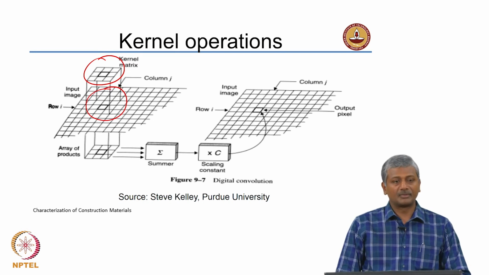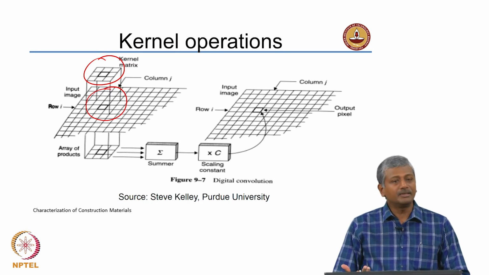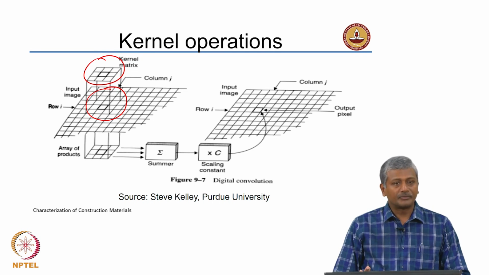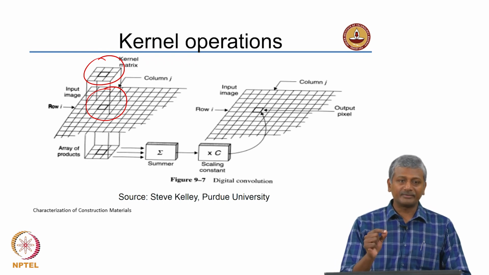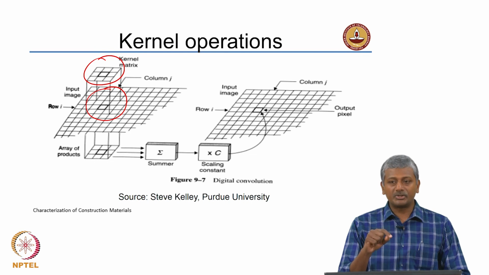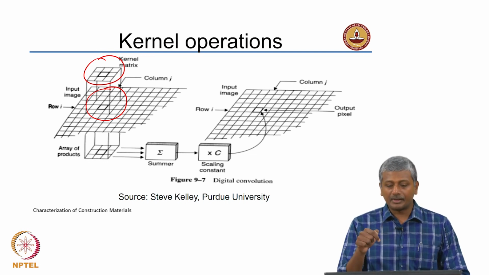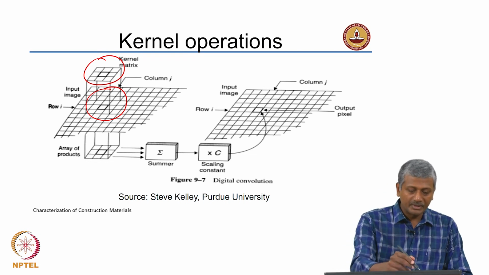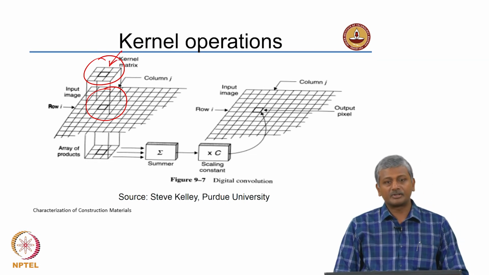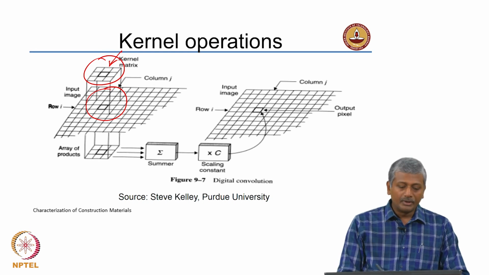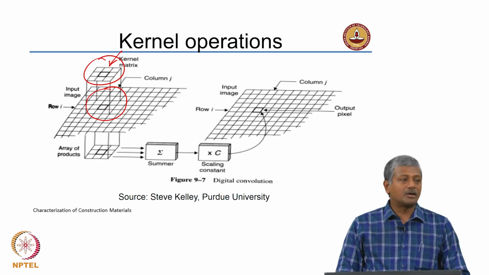For example, you know that you can add matrices, you know that you can multiply matrices. In the case of a kernel operation, all you are doing is choosing a smaller matrix to work on the image to change the pixel values of the locations in the image. That means the pixel gray levels can be adjusted by these kernel operations. So, what you are trying to do here is using a smaller matrix, which is called the kernel matrix, to operate upon a certain part of your image.